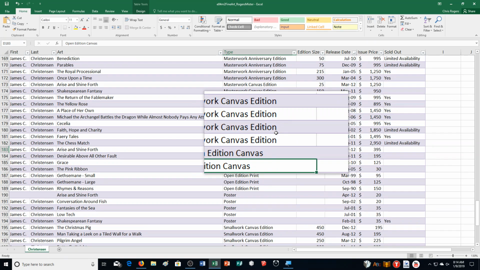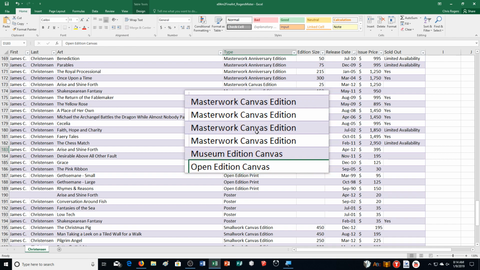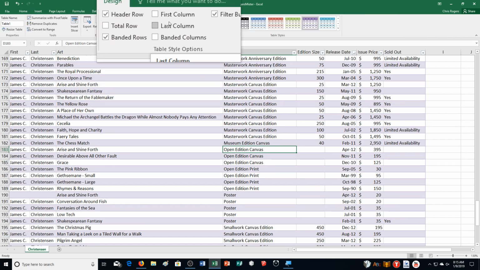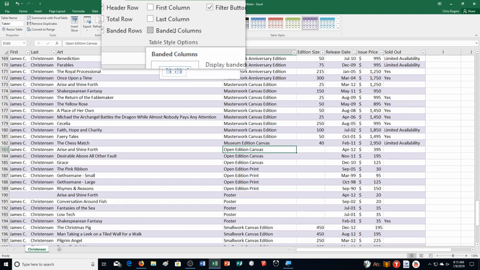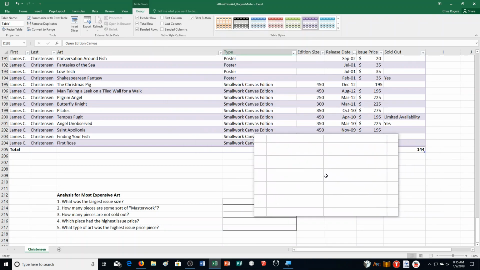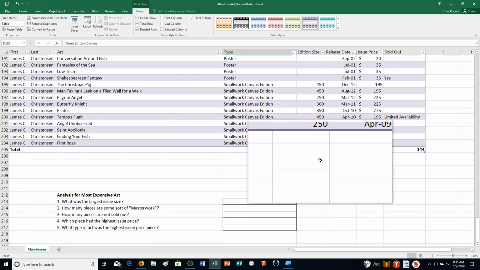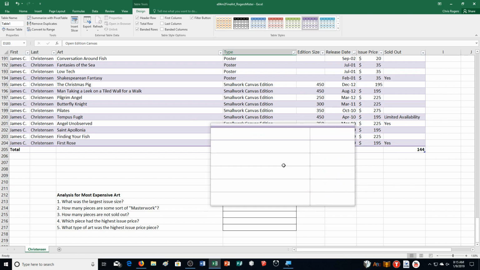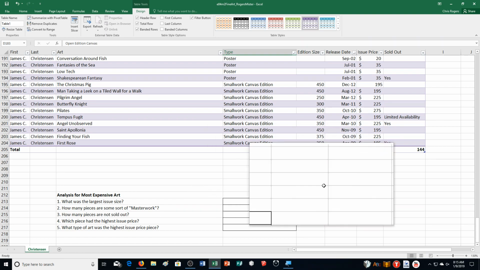It's looking good. Alright, and then step E, it says add a total row that shows the largest edition size and the most expensive issue price. So let's go to our design tab. We have table style options. We're going to click total row. We want that to show up, and it says here there's a few columns that we want to show up for. So largest edition size,